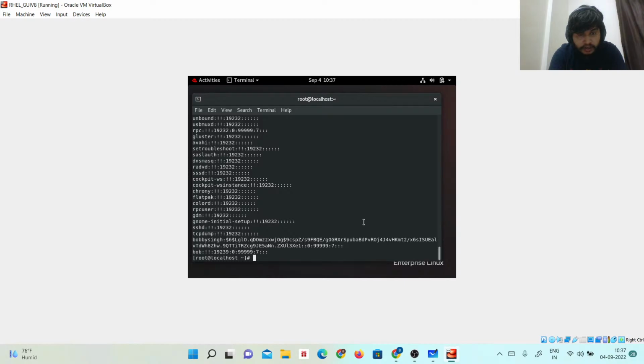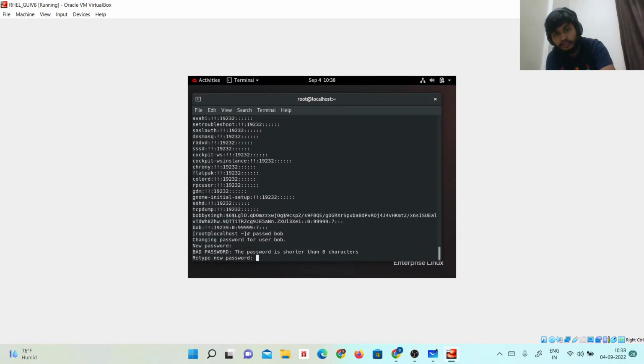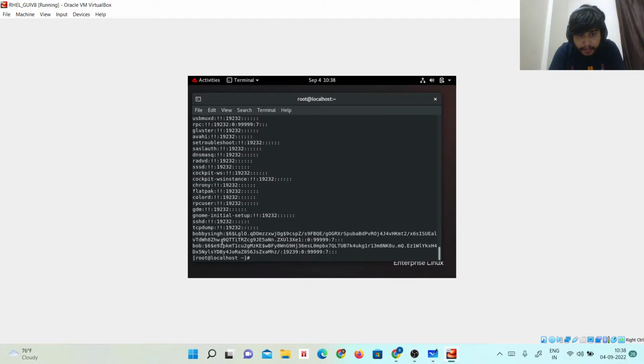And how can I create the password? There is a command called passwd. What you have to do is just give your username. I am giving bob, changing the password for bob. I am giving my default password. It gave a warning that it's shorter than 8 characters, yes, it's 6 characters. That's why. Now it will open. If I open, see,